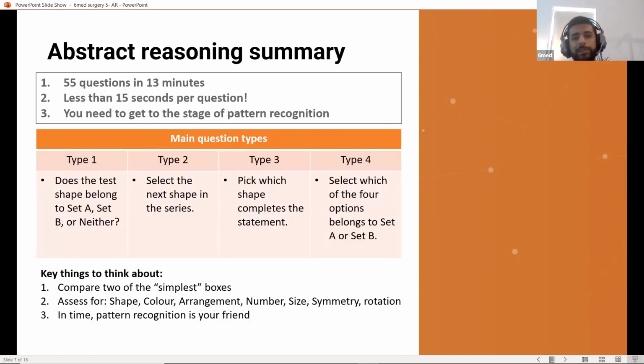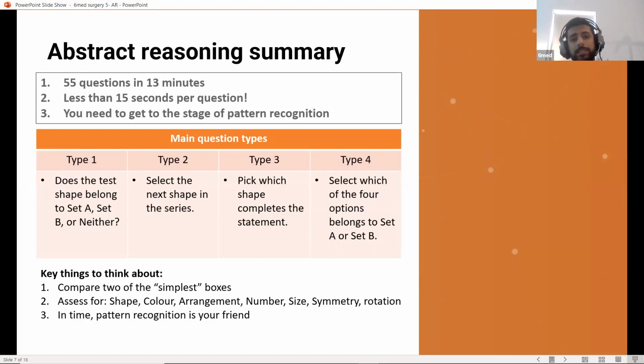Here's a summary, sorry for all of the words on this slide. As I said before, you'll get access to the slides and the recording, so don't worry about writing this down. You can see that works out as less than 15 seconds per question. It's closer to 12 seconds if you're leaving some time at the end, which is up to you. I personally wouldn't recommend that for this section, just because there are so many questions. But if you can get down to answering questions that quickly, that's really good.